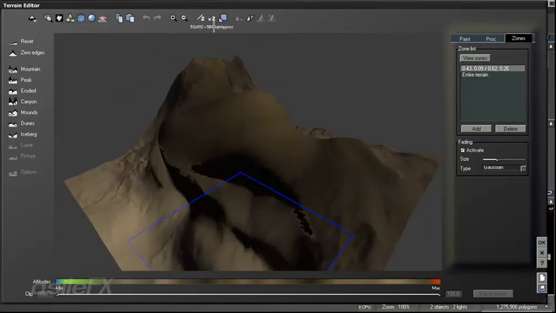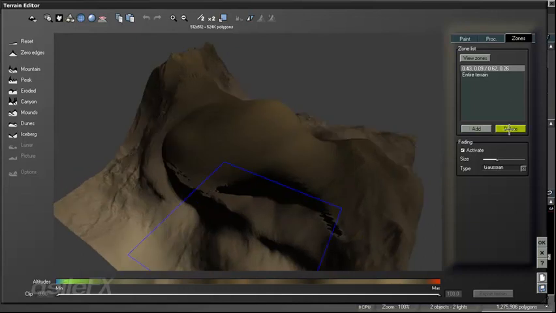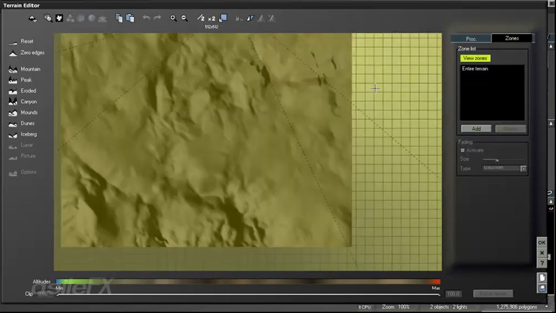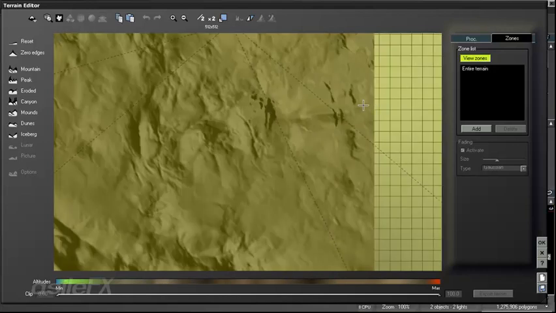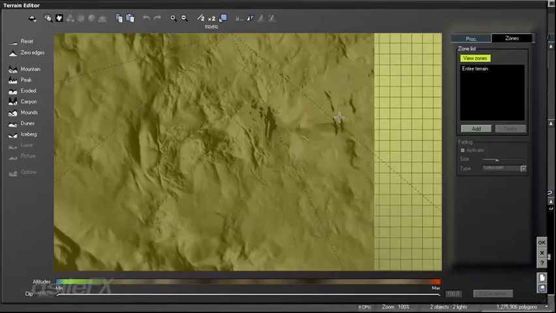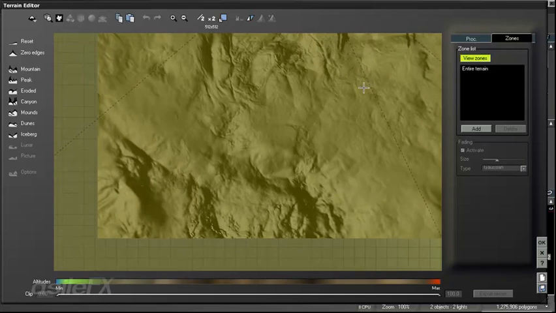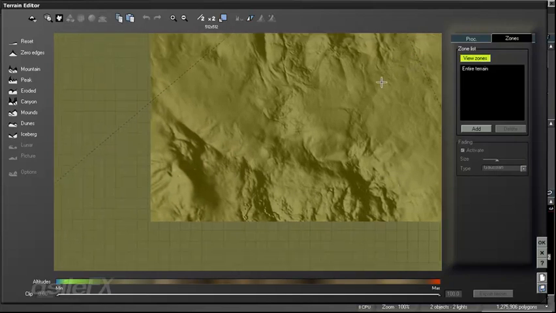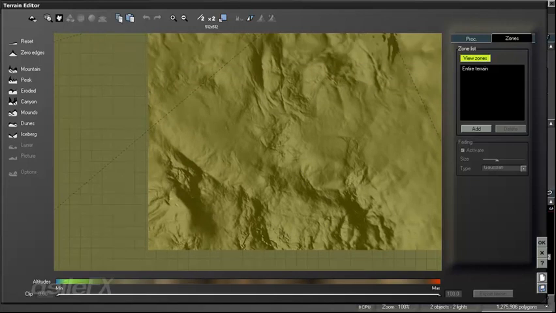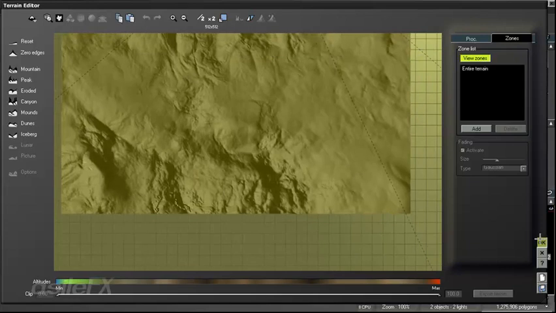Another thing is that I have the geometry at the moment too high for this method. I'm going to delete that. Now that 3D information is gone. So like I was saying, it's connected completely to the zone. Converting this to a standard terrain would also delete that information. So we can take a look at the grid, and if you need a better preview while you're working in